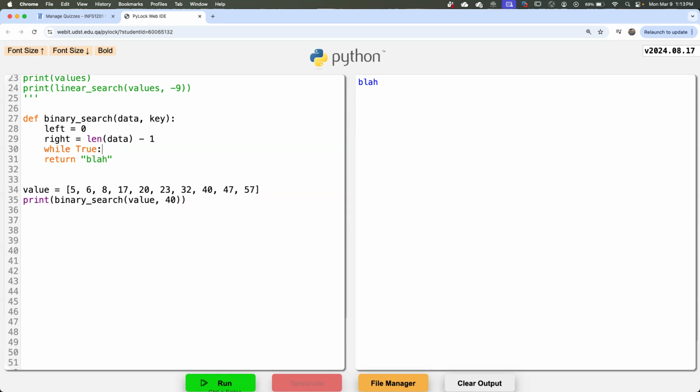Now I need a loop. There are a couple of different ways this can be done, but I find an infinite loop is one of the nicest ways to implement a binary search. Now I can talk about this. Remember what I did. The very first thing is